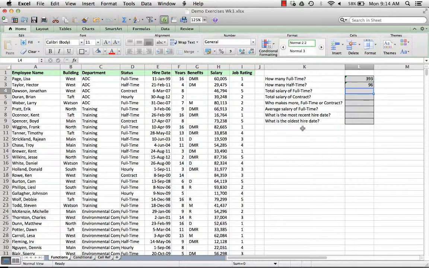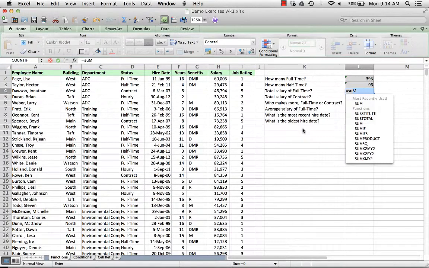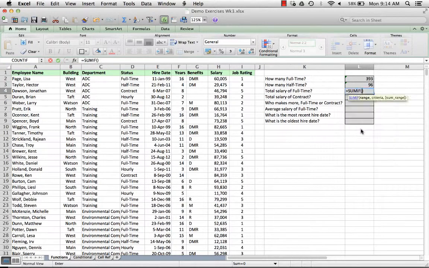So then it's asking for total salary of full-time. What this tells me is I'm looking to add things up, so sum them up if certain criteria are met. So I want to use the SUMIF. So again, I start typing equals SU, then I click SUMIF. So here again, notice now I have the range, the criteria, and then the sum range. So again, what range are we looking at for what criteria? So we're looking in D for full-time people, and then we're going to add up what range,